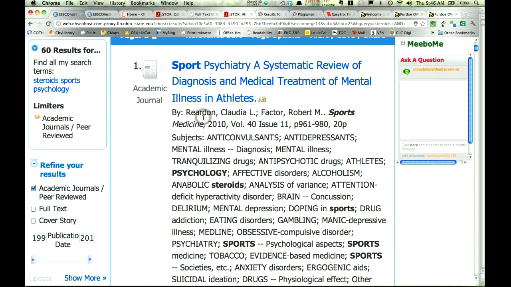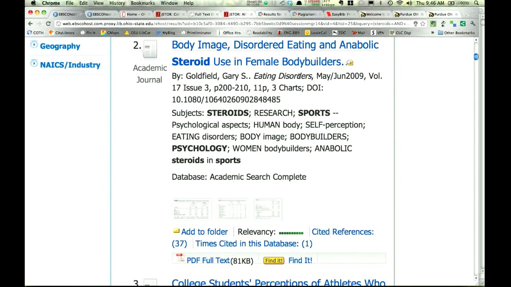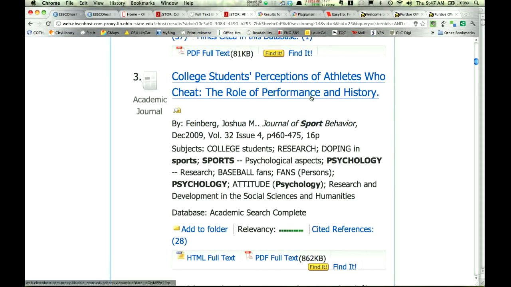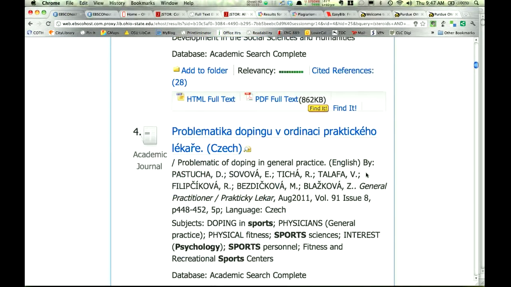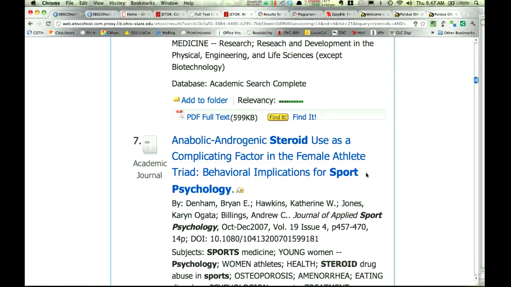Well, this particular paper that Cody's writing is not really about mental illness, so I probably wouldn't spend time on this article. This one's about body image and female bodybuilders. That's not really what Cody's writing about either. This is the article that we found before in our more specific search, so we've already looked at that. And I would keep on going until I found an article on this list that I thought might have some